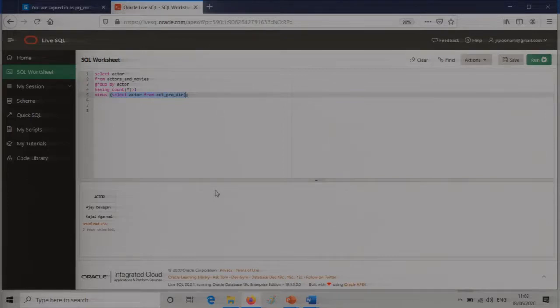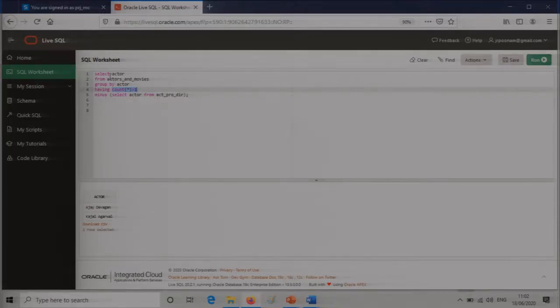From there I will subtract those people who are actor, producer and director. Why? Because the query says, apart from the people who are actor, producer, director, all of them, I want other people, and those other people should have a count greater than 1. So I am just choosing that count.